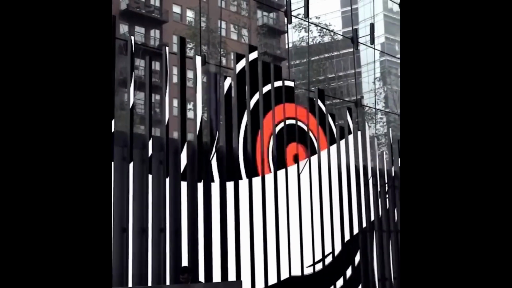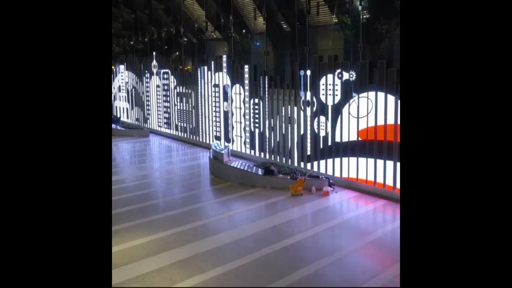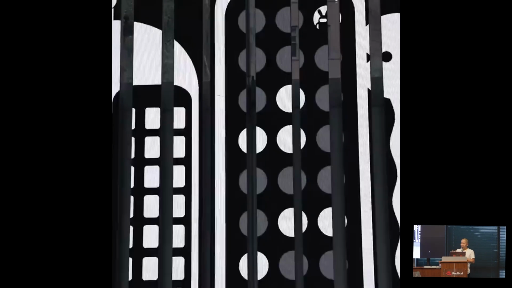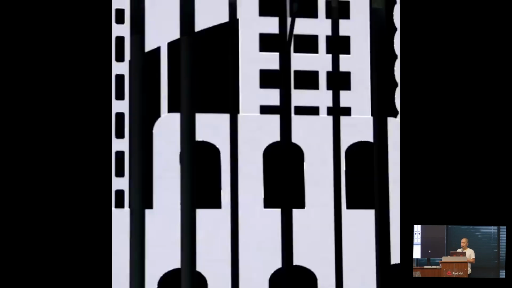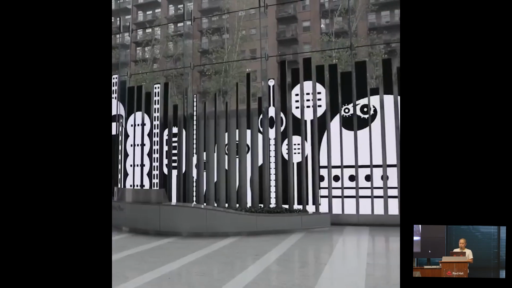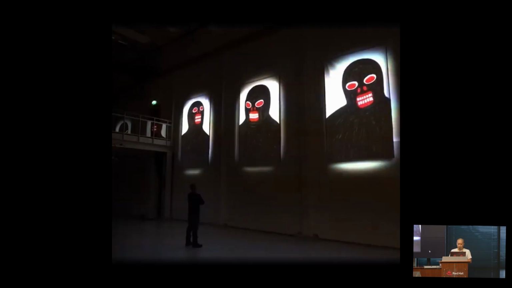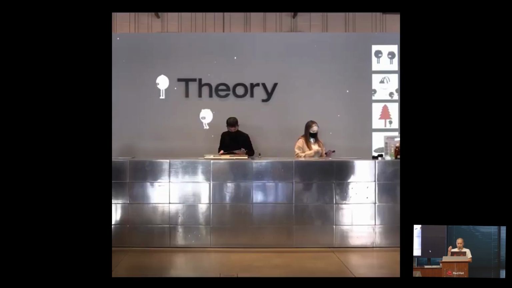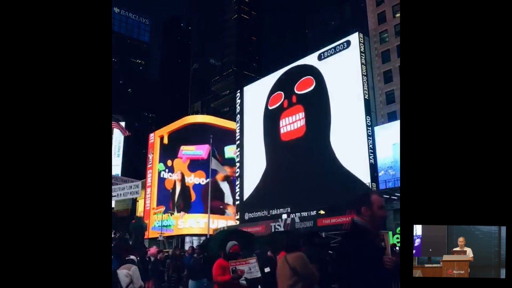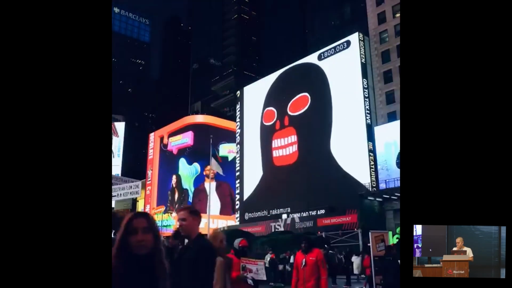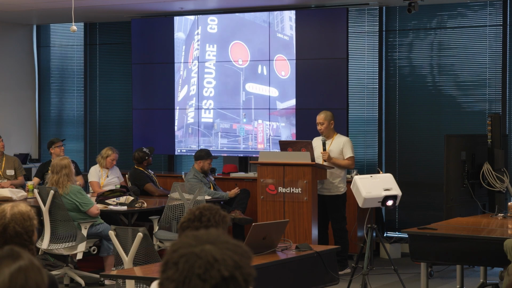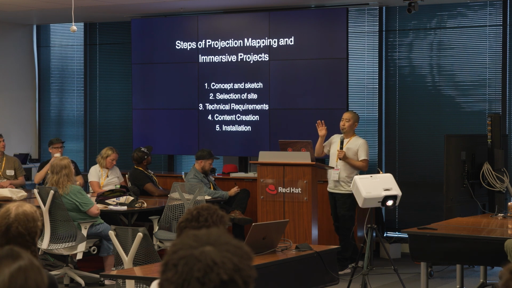These days, it's a trendy thing for developers to make custom LCD screens in the lobby. So this is kind of a market for me at this point. I provided video content for them. This is actually projection mapping. I also did brand collaboration. This is Times Square. Okay, all right, stuff like that.